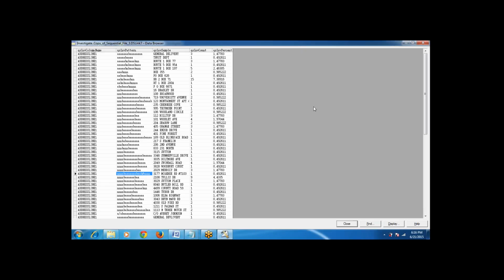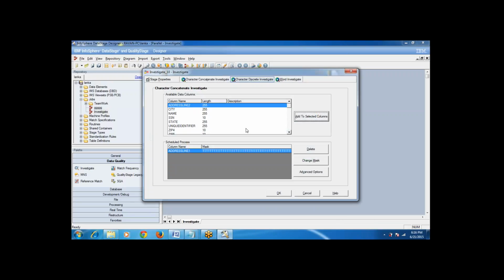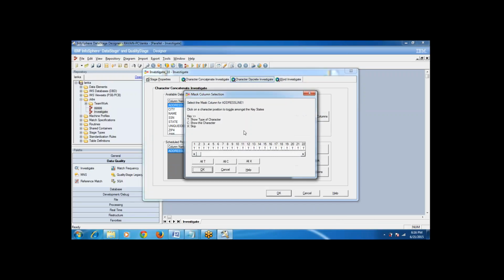Let me show you, by selecting different combinations, and then we can analyze it. Right now it is all T's here. One thing is, how many T's do you have here? Why do we have 255 here? Because the size I have defined is varchar of 255.